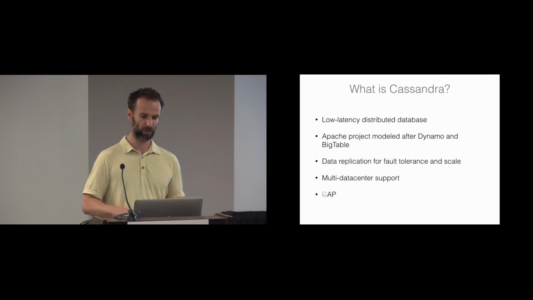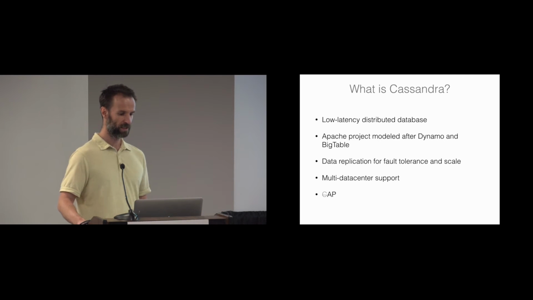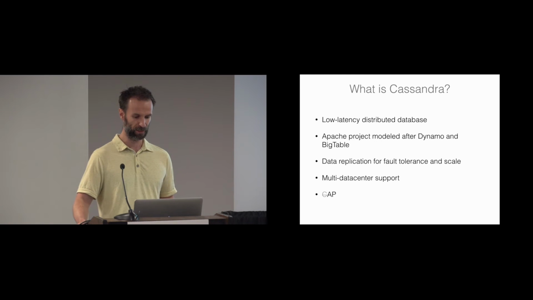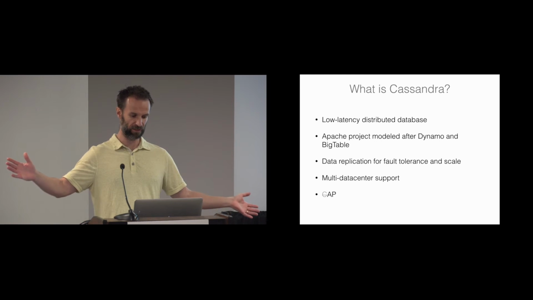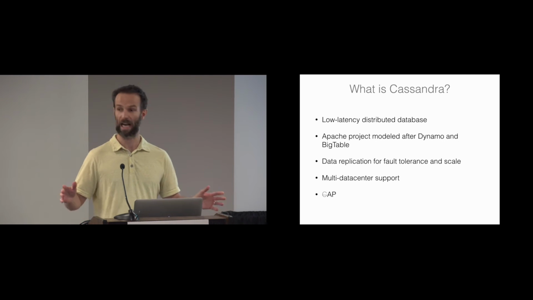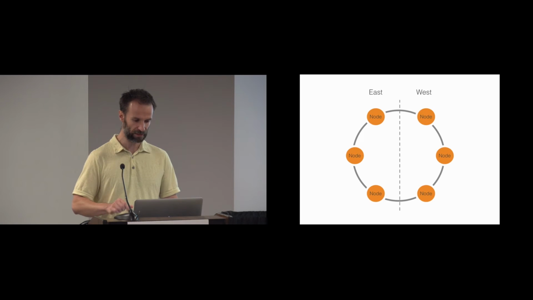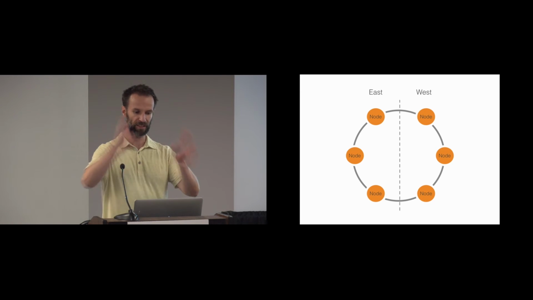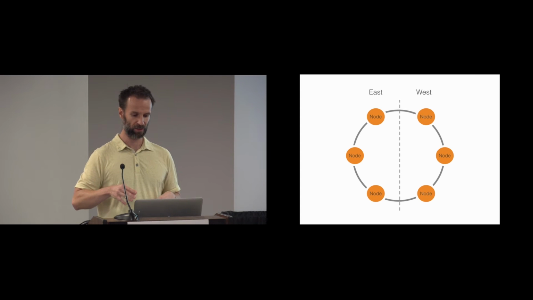So what is Cassandra? Well, Cassandra is a NoSQL database. It's modeled after Amazon Dynamo and Google Bigtable. It's designed for scalability and fast reads and writes, and it favors availability over consistency in the CAP theorem. And the nice thing about Cassandra is you can take a cluster and divide it up into sections